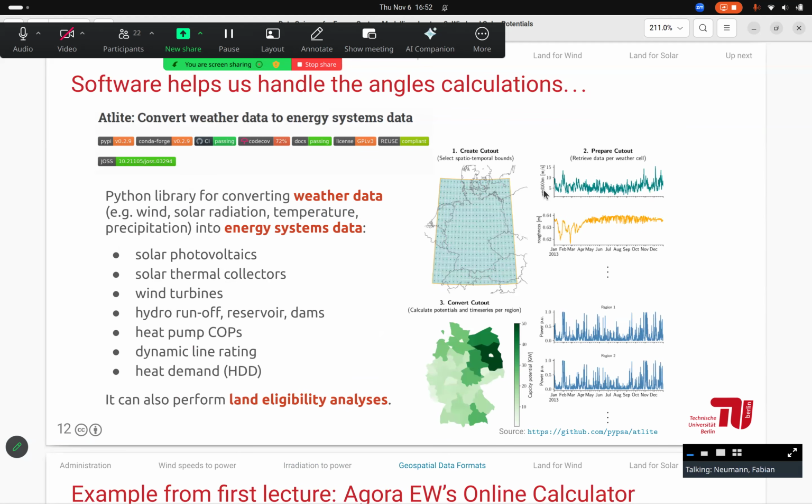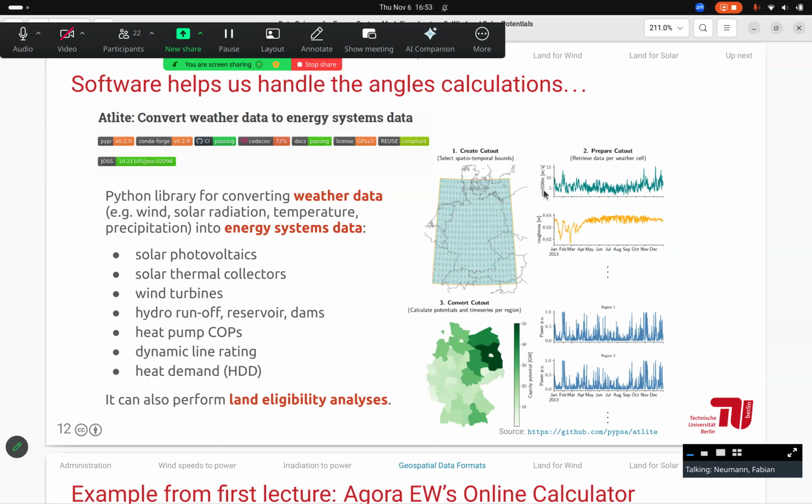Fortunately, you don't have to do that yourself, and you won't do that yourself in the course, at least not for solar. There's software that helps us do these calculations, which you'll learn about, I think, next week. There's several different software packages around for that. Some are dedicated to PV, some are dedicated to wind. There's also this one here that we develop here in the group, which is really just a Python library to convert from historical weather data on wind, solar irradiation, temperature, and precipitation to some form of energy systems data, and it doesn't stop at solar